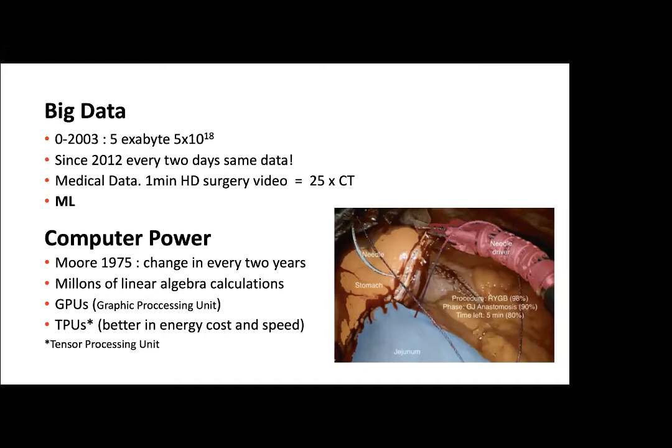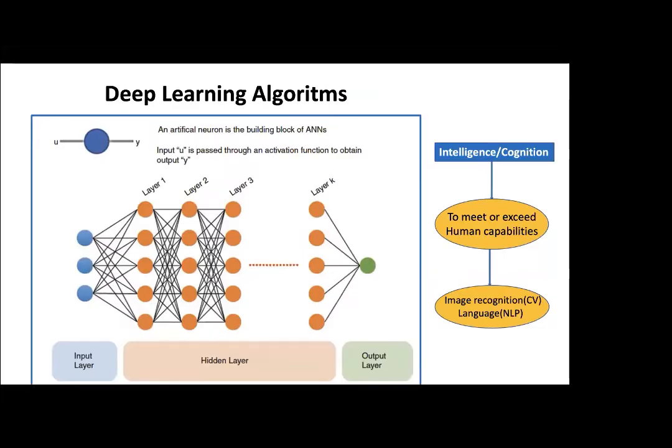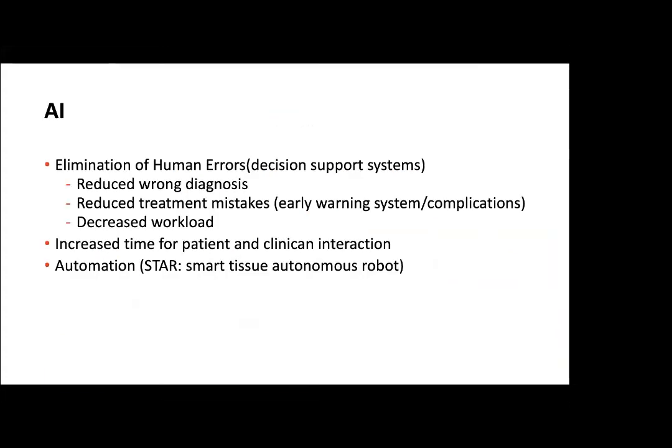As explained by Moore in 1975, computing power needs to double every 2 years, as we can see in telephones, iPhones also, because there are millions of linear algebra calculations, and the graphics processing unit is not enough. It changed to tensor processing units. And also we can see that the aim of deep learning algorithms is to meet or exceed human capabilities. I'm sure we will see in the near future that the usage of artificial intelligence will be